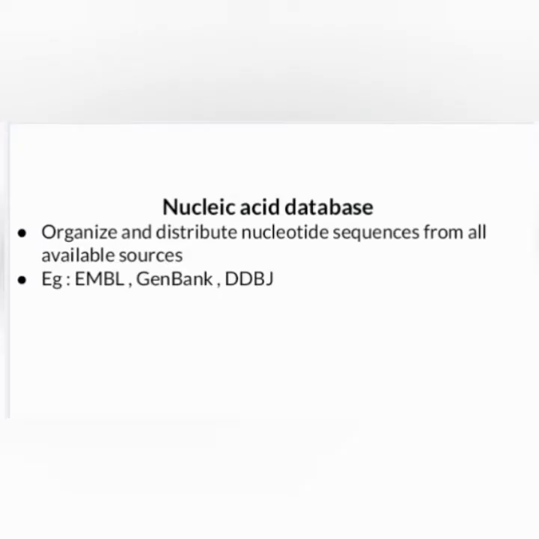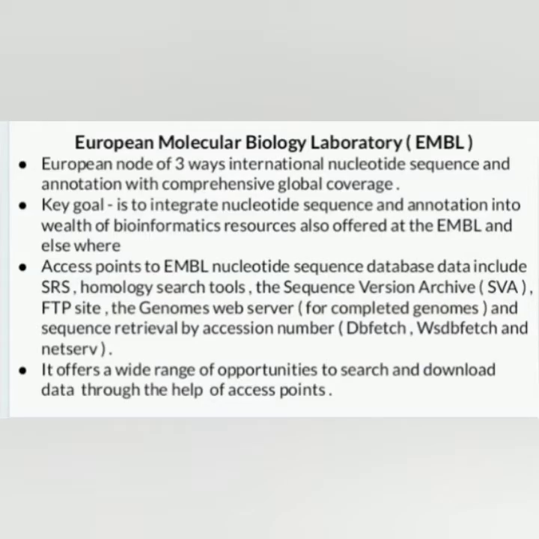Nucleic acid database: organize and distribute nucleotide sequences from all available sources. Examples: EMBL, GenBank, DDBJ. European Molecular Biology Laboratory, EMBL, is the European node of the three-way International Nucleotide Sequence and Annotation, with comprehensive global coverage. Its key goal is to integrate nucleotide sequence and annotation into a wealth of bioinformatics resources also offered at the EMBL and elsewhere. Access points to EMBL nucleotide sequence database data include SRS,